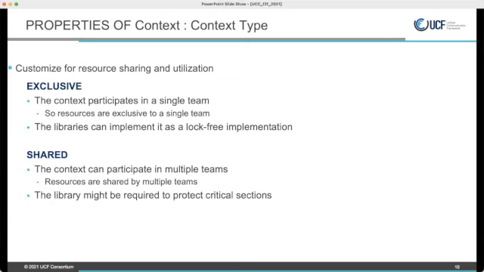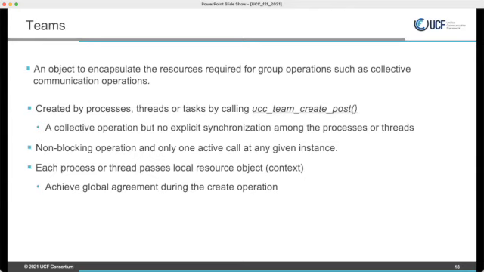So next, jumping into another abstraction, teams. Now, what we did was we have a library and the context. Now we are creating a team. If you are coming from the MPI world, you can think about a team as an MPI communicator. Essentially, it is providing a way to encapsulate resources for communication operations.